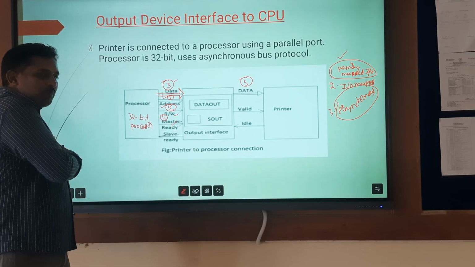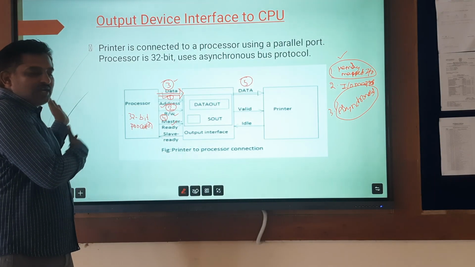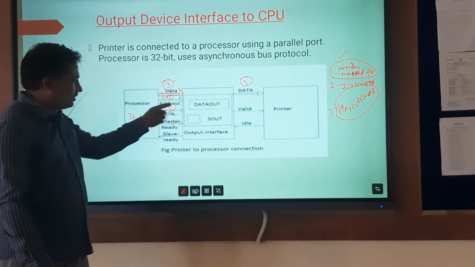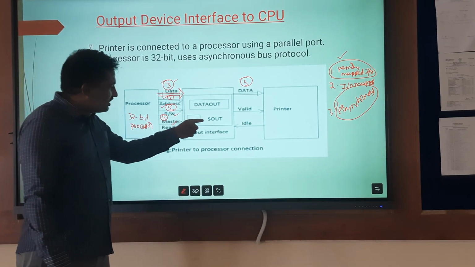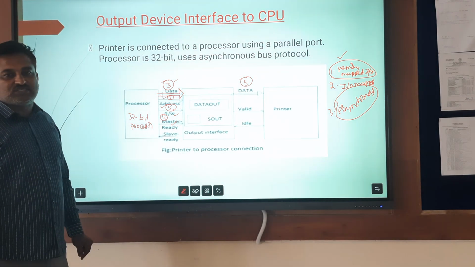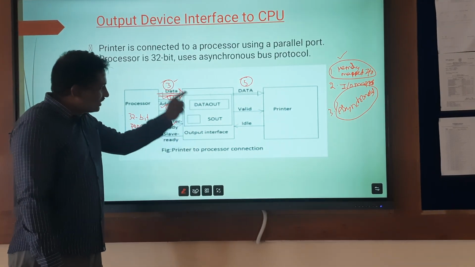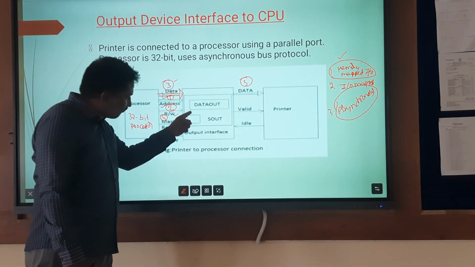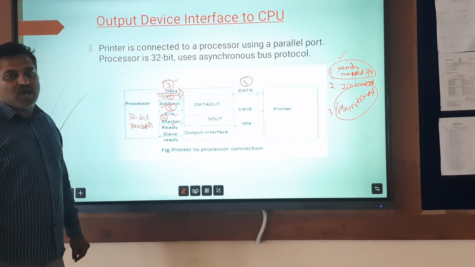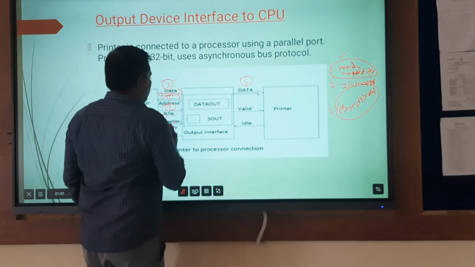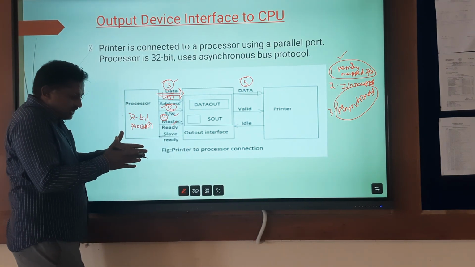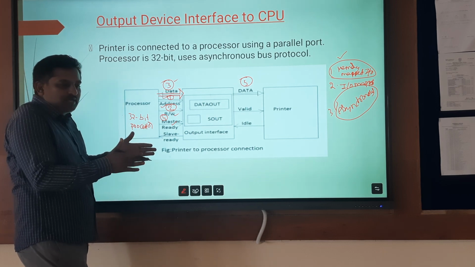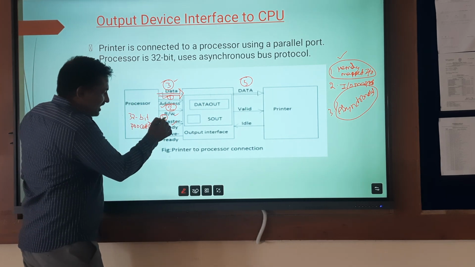While I was discussing the input operation, I told you that your input interface circuit contains a data in register and a 1-bit S in register. But here your output interfacing circuit contains a data out register as well as a 1-bit S out register also. Okay. Now once the processor informs the slave device, I am participating in the data transfer